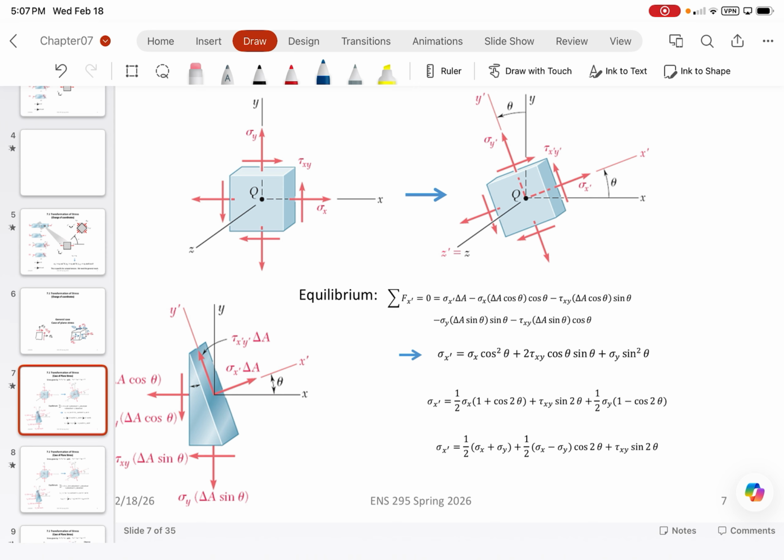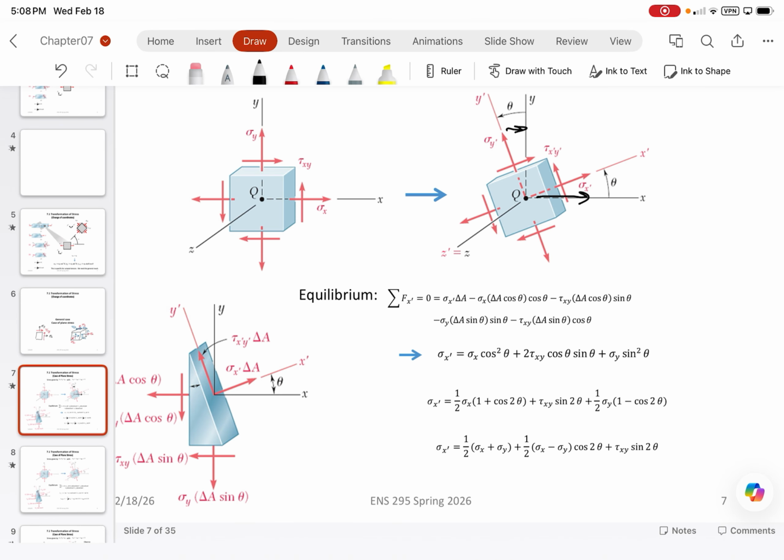Reason being is because now this x direction stress here, for example, is now going to be moving in some way towards the x plane, if you guys agree with me. The stresses in the x direction are also going to be moving in the x direction, and then tau xy,